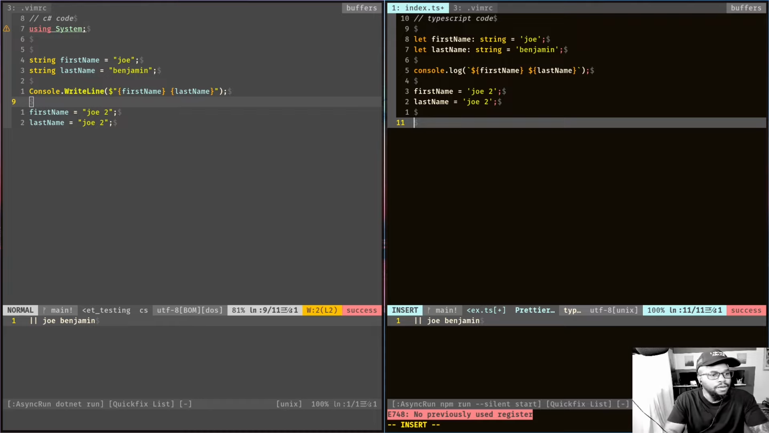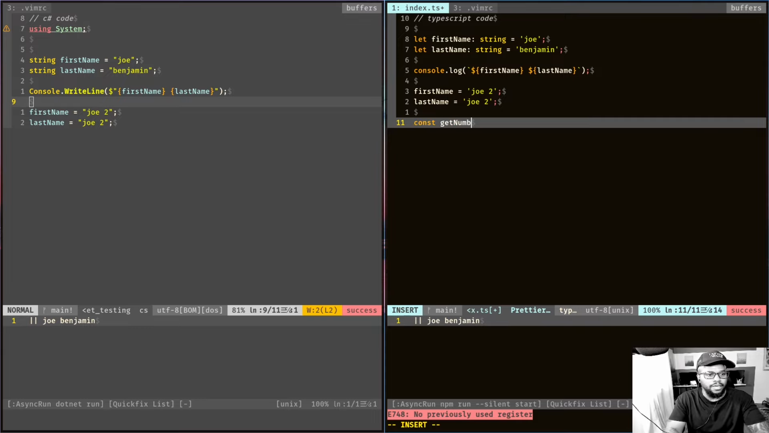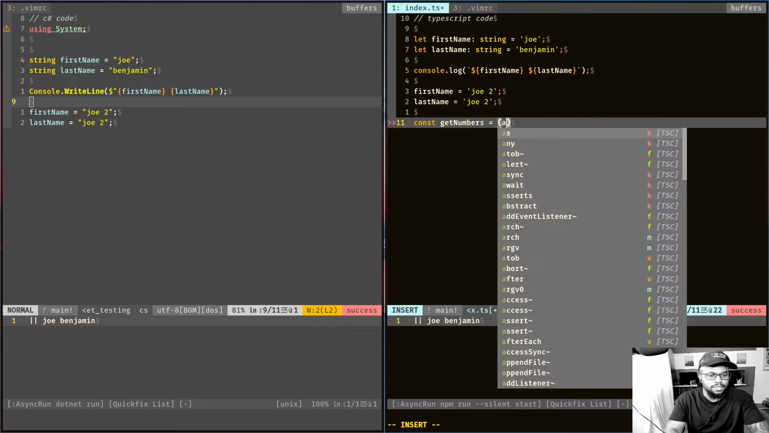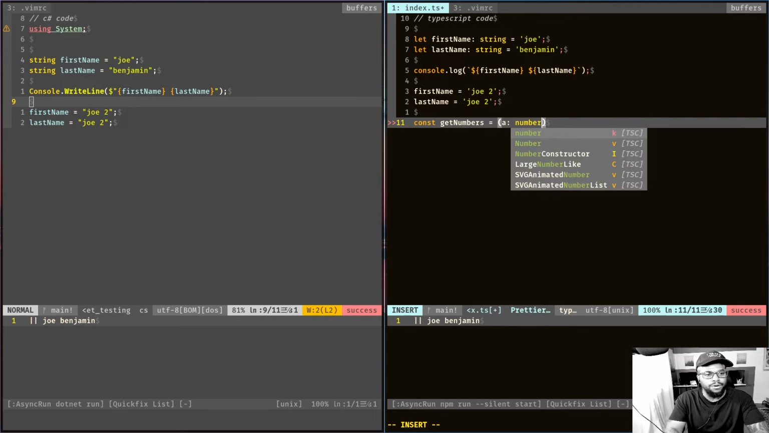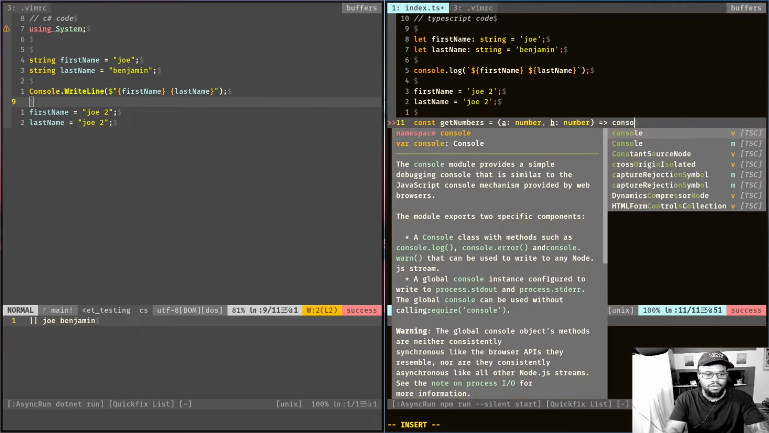They're pretty popular. So let's do a simple arrow function that's just going to get some numbers. So it's a const. We're going to call it getNumbers equals arrow function. We're going to pass it two arguments. A is going to be a number, B is going to be a number, and then it's going to return, which basically is, well, not really return, but it's going to do an arrow function and just write to the